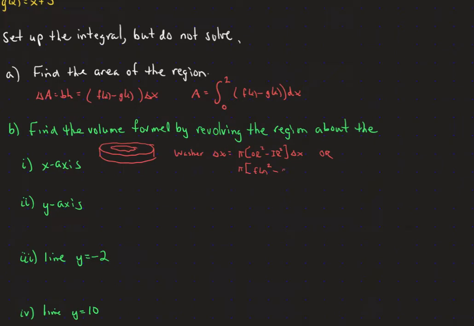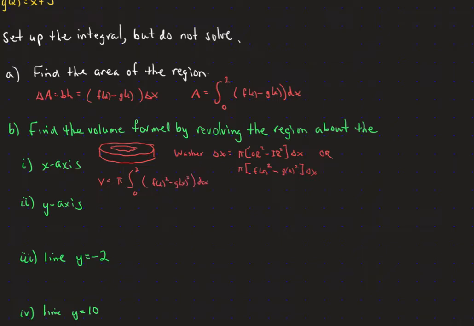And so that minus the 0 is going to give us g of x squared delta x. So our volume is going to be pi coming outside the integral, 0 to 2 are the limits, and it's going to be f of x squared minus g of x squared